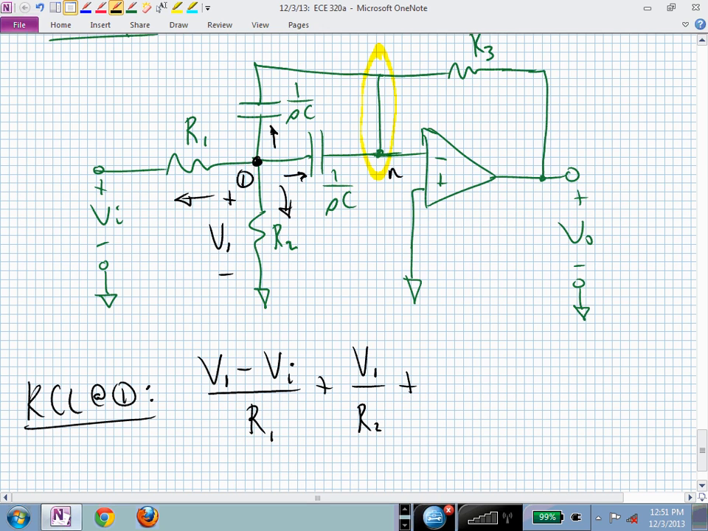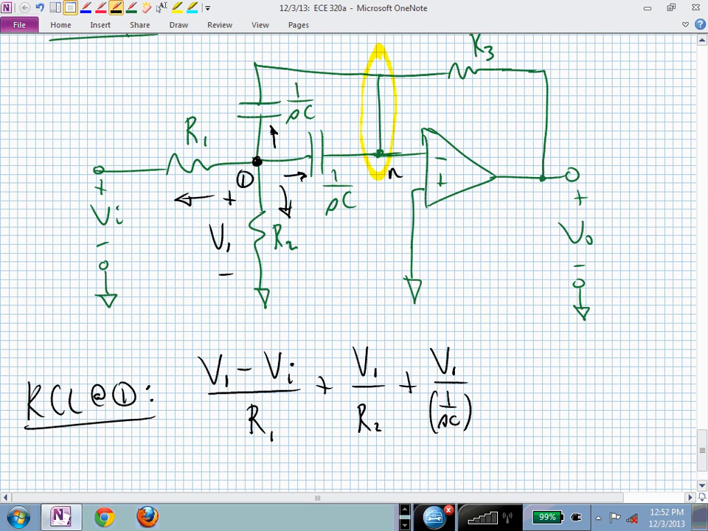The current horizontally from left to right through that capacitor is V1 minus the voltage at that N node. But what's that? That's 0, isn't it? Because it's tied through that virtual ground through the inverting and non-inverting terminals. So I can say V1 minus V sub N, but V sub N is 0, so I'm not even going to include it. I'm just going to say plus V1 over the impedance of that element, which is 1 over